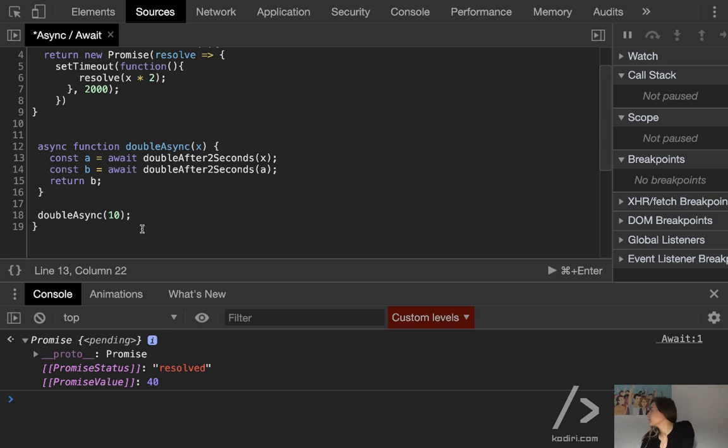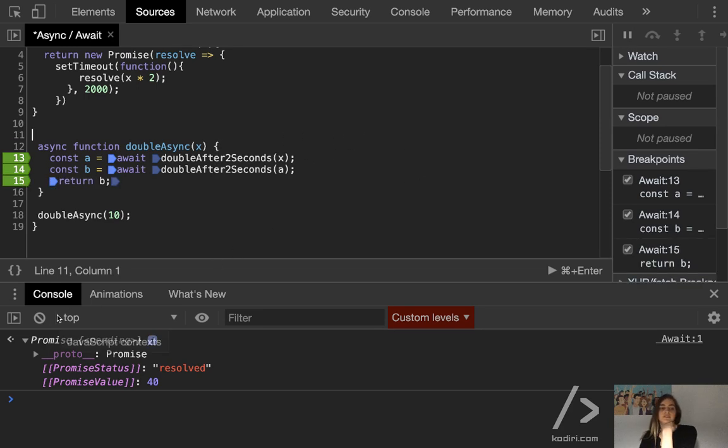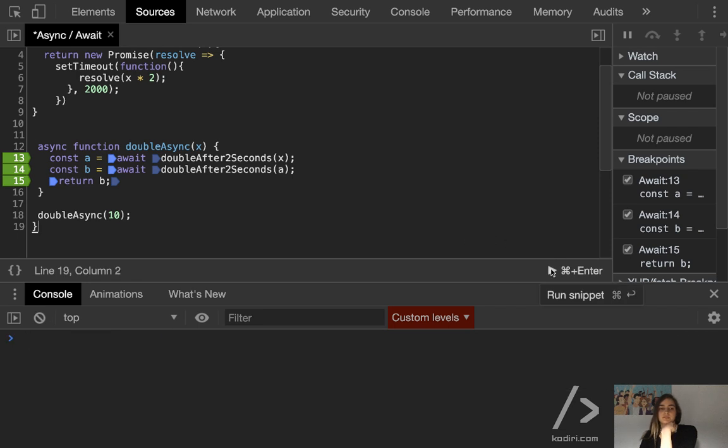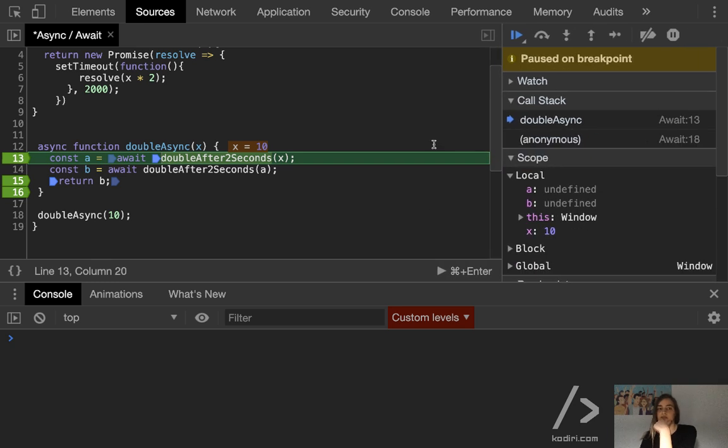Megan, if you add a couple of breakpoints on line number 13 and 14 to see how we are effectively waiting, and even 15, right? Okay. So that runs straight away, but then it will take... the breakpoint on 14 was removed, unfortunately. Sometimes it doesn't work. Anyway, you'll see that it will effectively wait, if it stops on